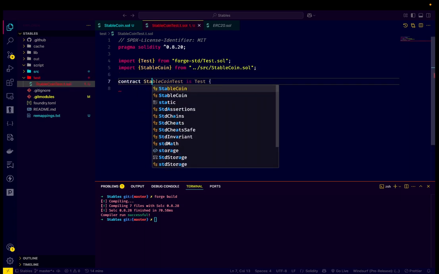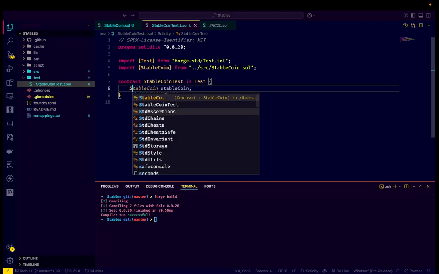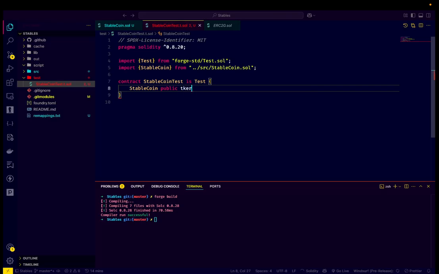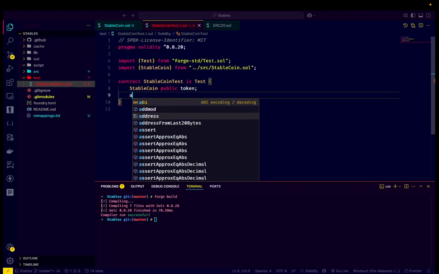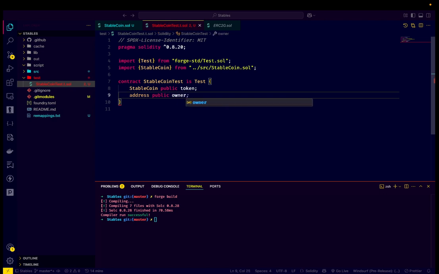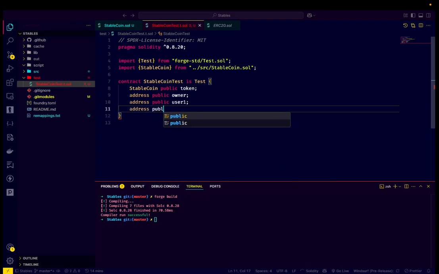Let's make contract StablecoinTest is Test, and we need to set some state variables here. Stablecoin public token, we need to create an address public owner, address public user1, address public user2,